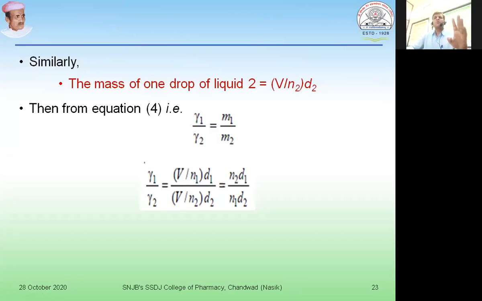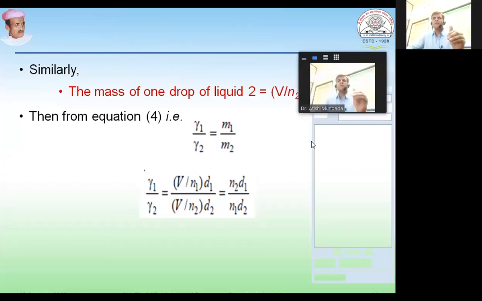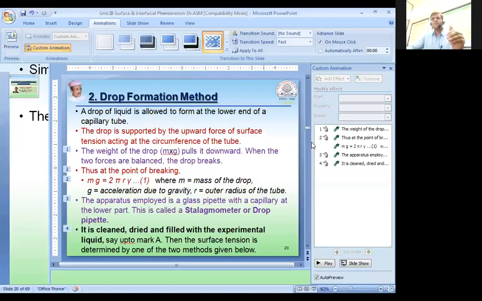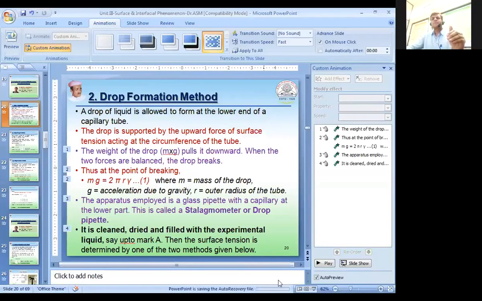So the volume of either the reference liquid or the experimental liquid which is traveling from mark A to mark B will remain constant,